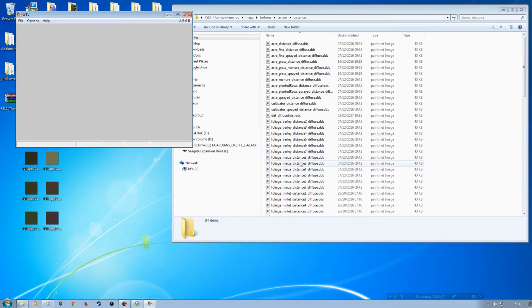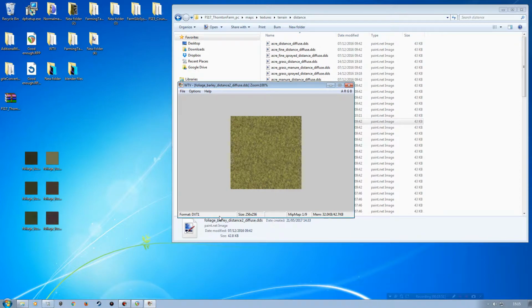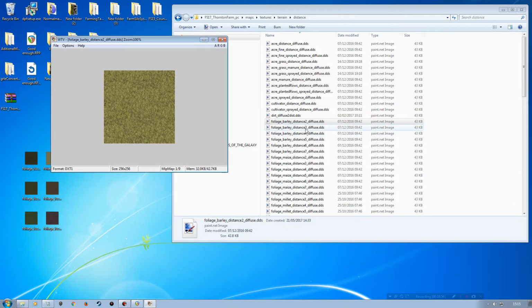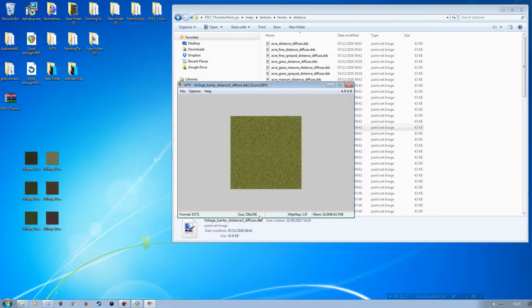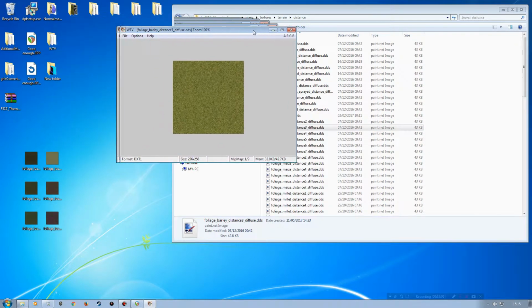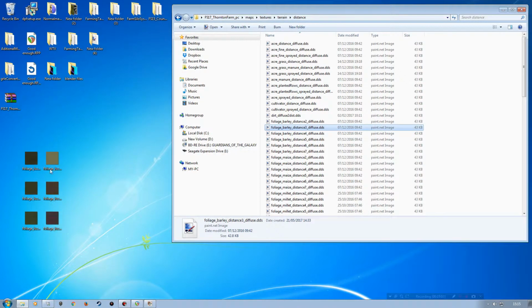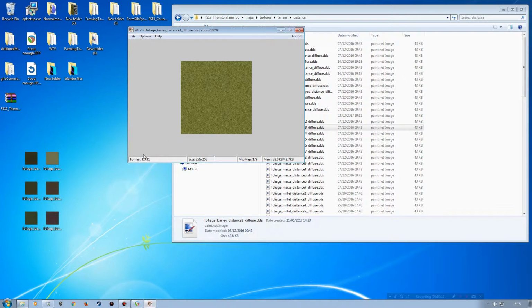What I'm going to do is take what I need from the Thornton Farm map, and identify what they are laid out as. So if I just take, for example, the barley, and we'll put that into there, so we can see this is a DXT1 256 by 256 with mipmap, and that should be the same for every one of them. DXT1 256 with mipmap. So what I need to do is obviously convert the PNG files that I took from the Farming Sim 15 map into a DDS